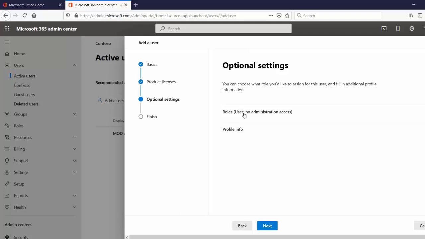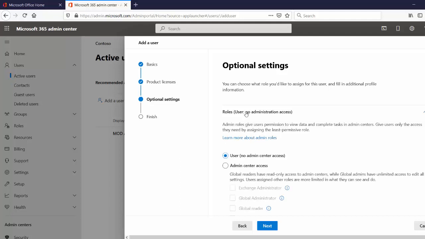got zero privilege, no permission. He or she cannot do anything. That's as default as it gets. And if you want this person to have some sort of privilege, if this person is going to be an IT personnel of some kind, he or she will probably need some form of privilege. So you're going to have to go click on this little drop down list and assign this individual some form